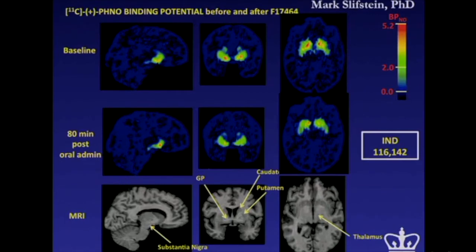This enables us, therefore, to develop very, very specific drugs that target very, very specific receptor subtypes, and that in turn enables the acceleration of drug development, because with quantitative analyses and quantitative estimates like this, you're able to, number one, use very few subjects to make the point. Number two, have very quick results. So, for example, this was done in the same day. Because carbon-11 has a 20-minute half-life, the first image was done in the morning. The subject got the dose, had lunch, came back, and the challenge study imaging was carried out.